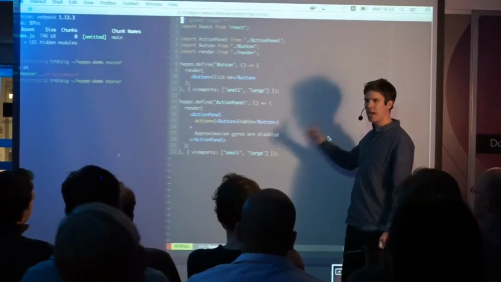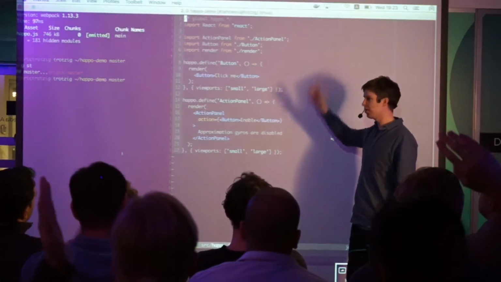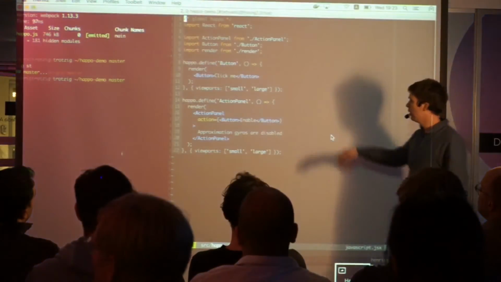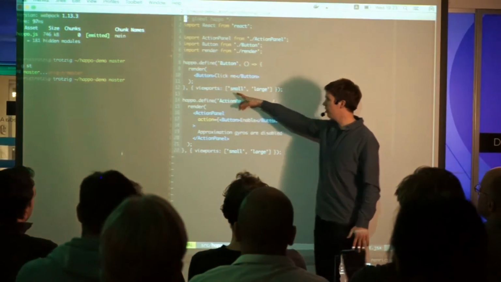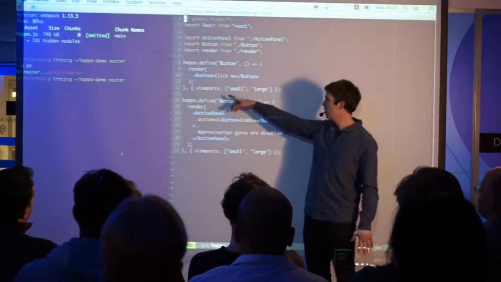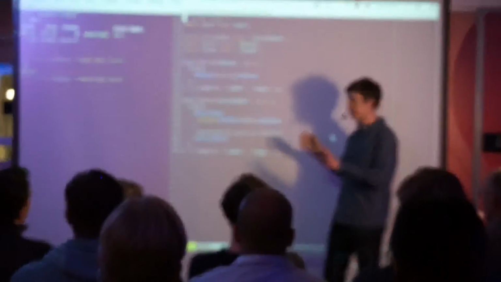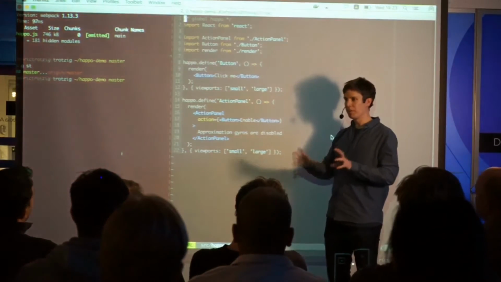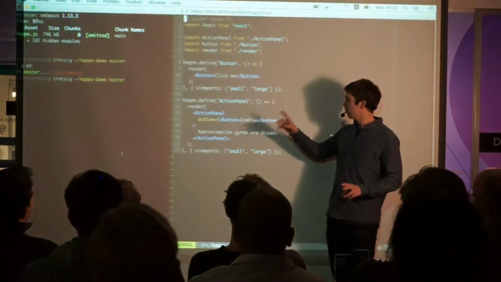Now this is React. I don't know how many people know React. Well, if you don't know React, just pretend this is HTML. We also tell Happo what screen sizes we want to take screenshots of. So in this case, I want this to be on a small screen and a large screen. And these are defined somewhere else. You can dig in to see how big those screens are, but that's basically what it's doing. So we have that.